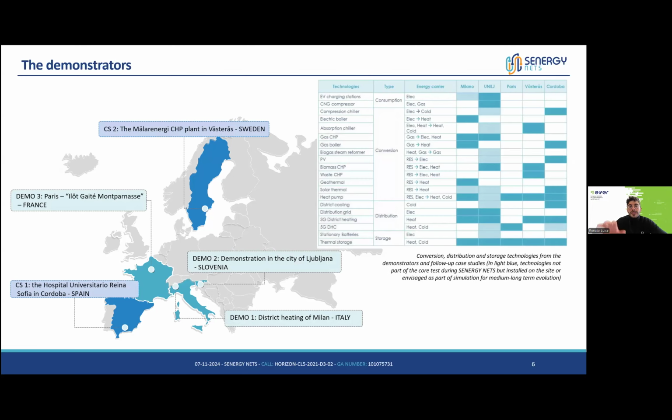And basically, you can see here in this last table what we aim to develop, the different models. Indeed, of course, you can imagine that every case study has different models that work in different ways, with different characteristics. So we are trying to develop the whole models that are included, all the technologies that are included in these case studies. And you can see here basically the five locations that we have and all the different models